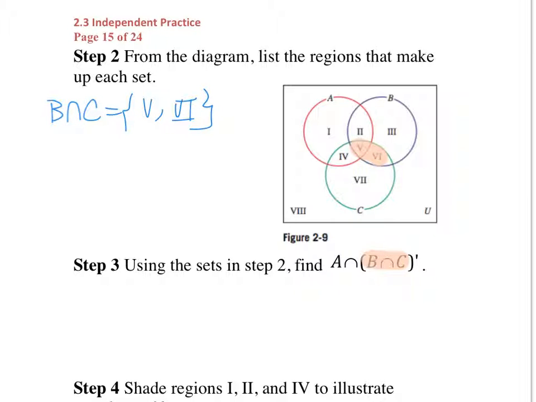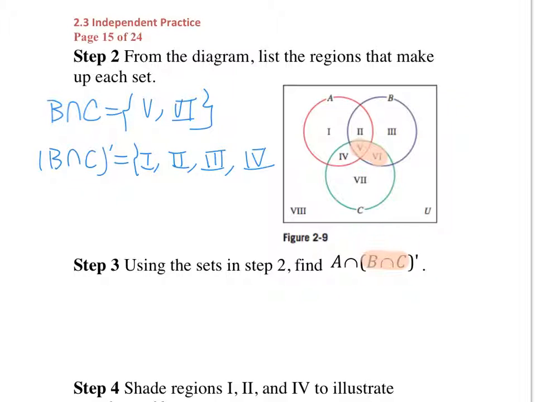Everything in 5 and 6 is both in B and in C, and that's what intersection means. Therefore, the complement of B intersect C is everybody else that's not in this area, which is 1, 2, 3, 4,